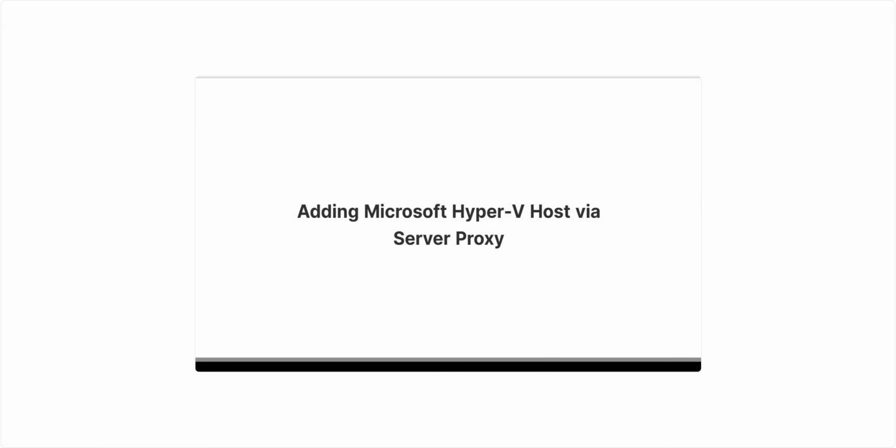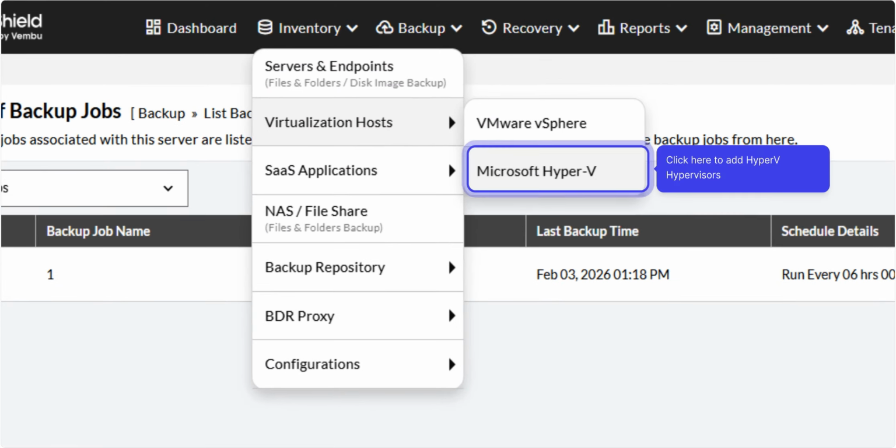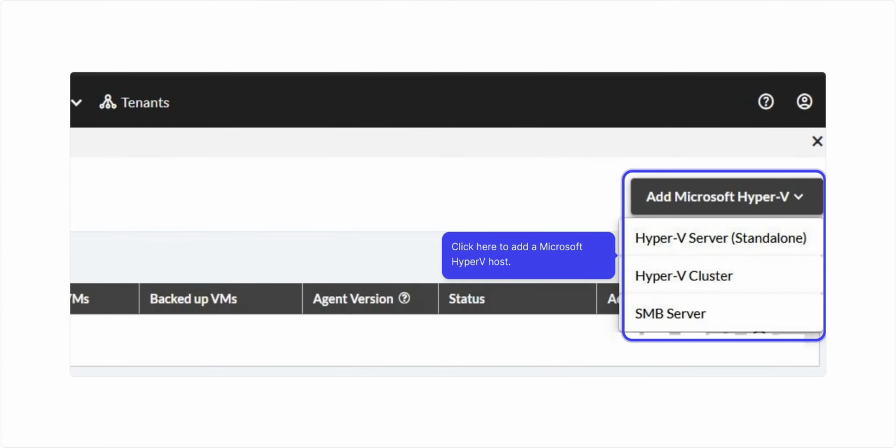Similarly, let's now look at how to add a Microsoft Hyper-V host using the server proxy. Log in to the management console of BDRShield, either on-prem or in the cloud. Navigate to Inventory, Virtualization Hosts, and select the Hyper-V host. Selecting Microsoft Hyper-V opens the Add Microsoft Hyper-V page. From here, click the Add Microsoft Hyper-V button and select either the standalone, cluster, or SMB servers of Hyper-V